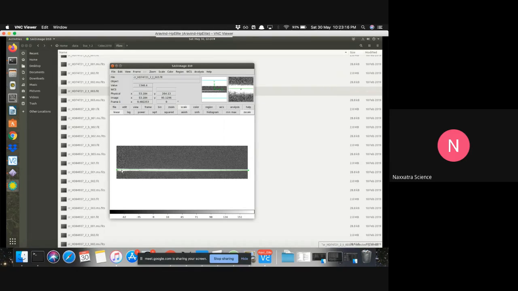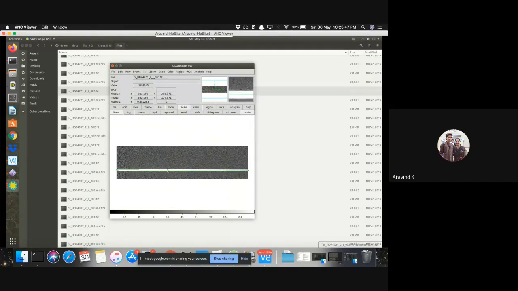So it's something like the intensity value for that particular pixel. Okay. So this is just for visualizing the spectra. Basically, we have to add all these rows, whatever is inside the spectrum, in the spatial direction. The x-axis is the dispersion axis, the y-axis is the spatial axis. So you have to put an aperture which can accept all the photons falling on the CCD so that you get the best spectrum. This is just a visualization.